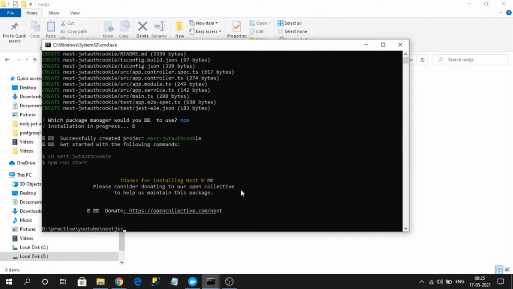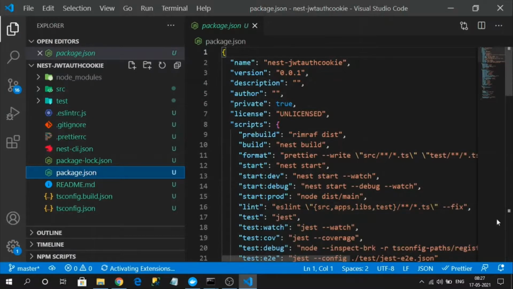The sample is created successfully. Let me open my project in Visual Studio Code Editor. Here is my